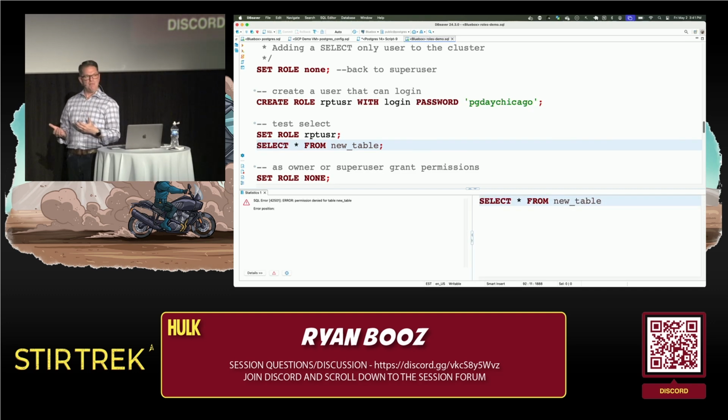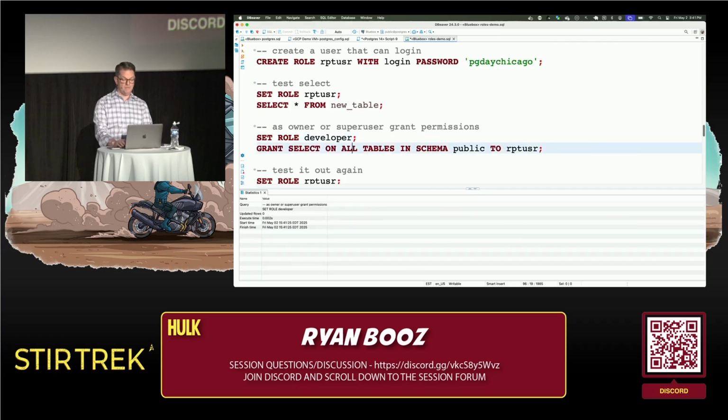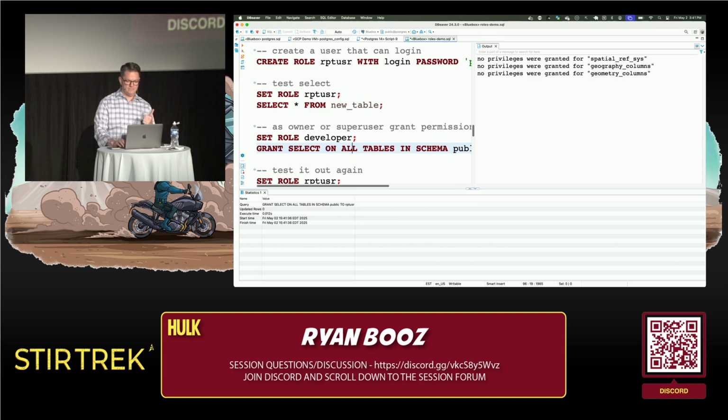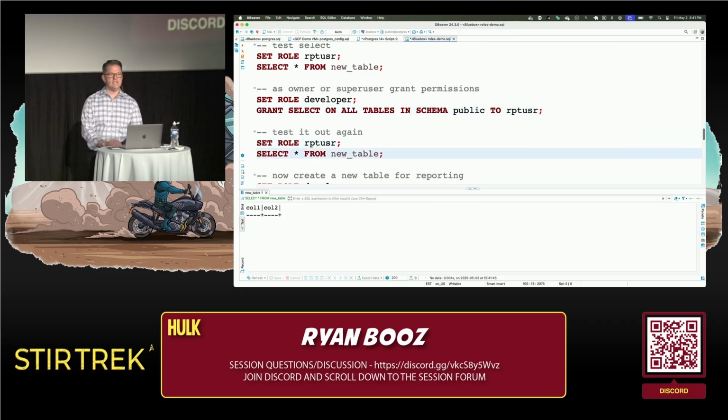But they can't select from that table yet because it already existed and no one was given permissions to it other than the owners or super user. And so there are a couple ways to do this. Again, I could say set none, or I could say set developer. I could say any of these to grant privilege to that role, to that table. Developer created the table. As long as I connect as developer or can shift into that role, I can say, hey, grant select on all to report user. Sweet. So we do that. Now as report user, I can go ahead and select from that table.